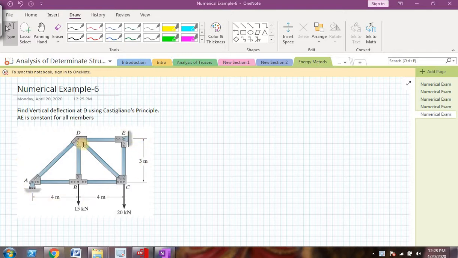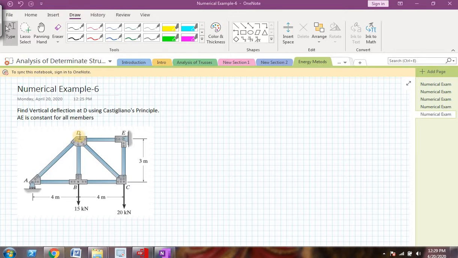So what I will do, I will take the same truss and I will apply a load P here, or you can apply a load F also. I will apply a load P, but see to it that these loads are not removed. I am repeating again, you have to apply a load P at joint D and see to it that the original loads are retained on the structure. I am not removing the original loads, but at the same time I am applying a virtual load of say P at joint D.